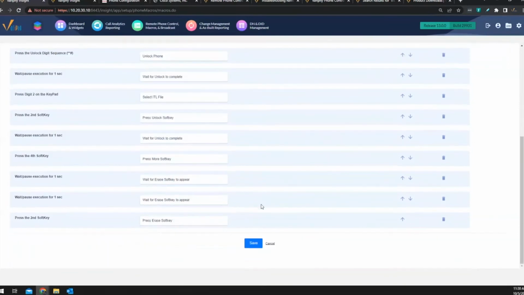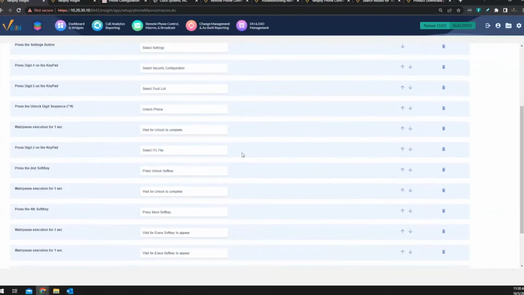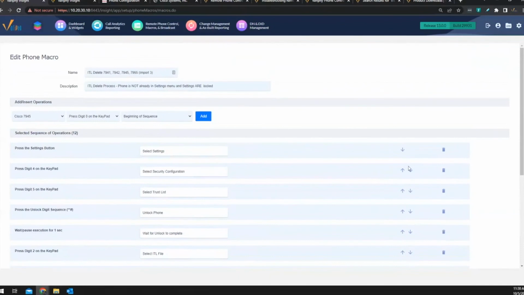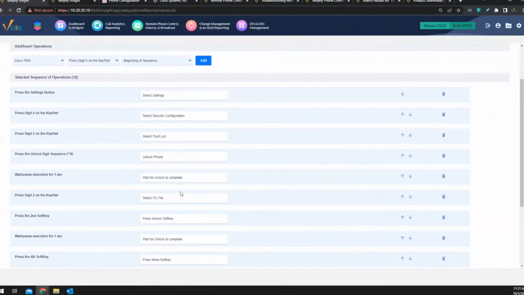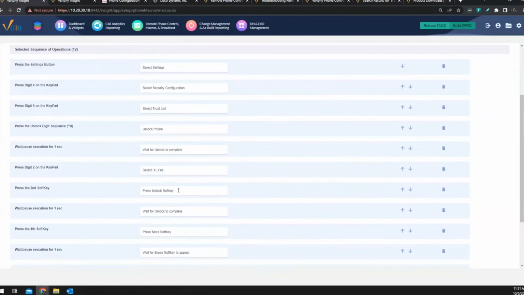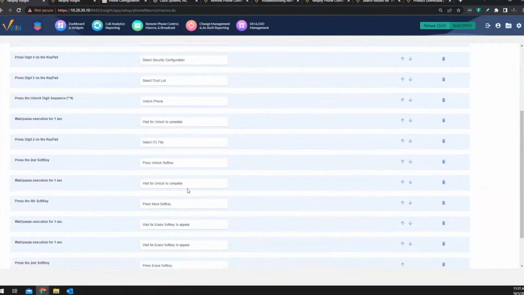So we use those a lot in between steps, but you can reorder the steps however you want with this up down arrow. So basically you're just going to get into the settings button, you're going to get into the security menu, select the trust list, do the **# to unlock, wait for it to complete, select the ITL file on the keypad, do the unlock soft key for that.